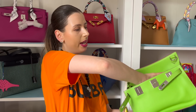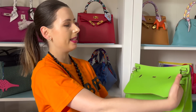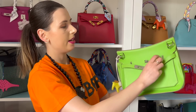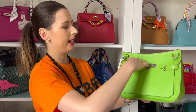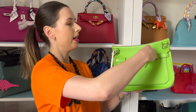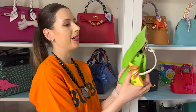I would prefer to have it fully closed, but to fully close it, you got to first line this up like that. So you got to do this. And then you got to put this through here and like that. Technically, you could just leave it like that. That's not too big a deal. But if you want to fully do it up, then you got to line that up to there and that to there. It's a lot of fluffing around,